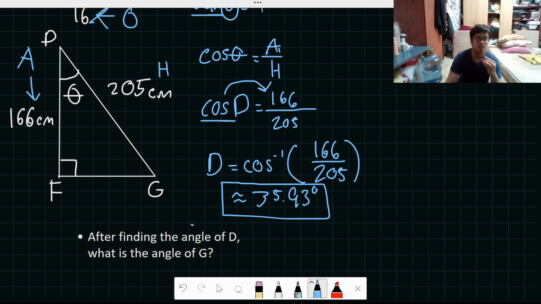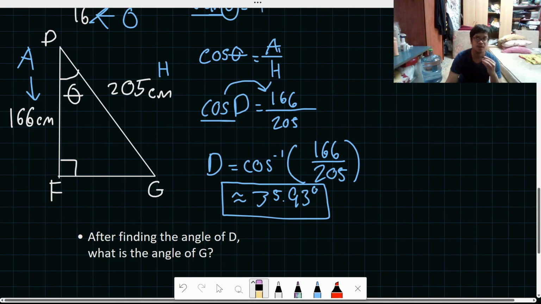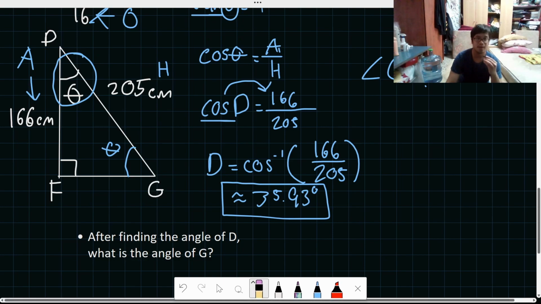But here, we actually have a sub question, or a second problem in this figure: after finding angle D, what is angle G? So basically, if we found the angle here at D, how about at G? Okay, like what is angle G? So this one is already easy. Why? So first and foremost,